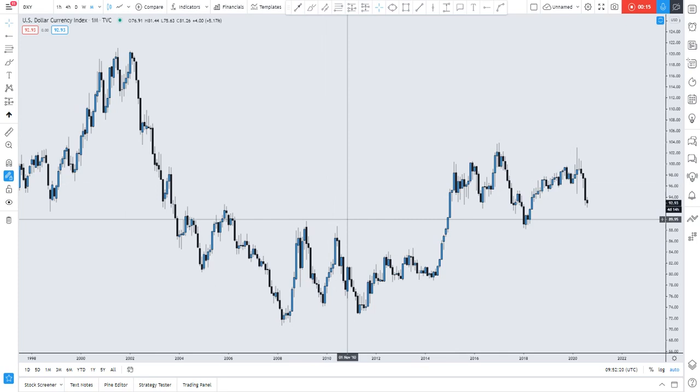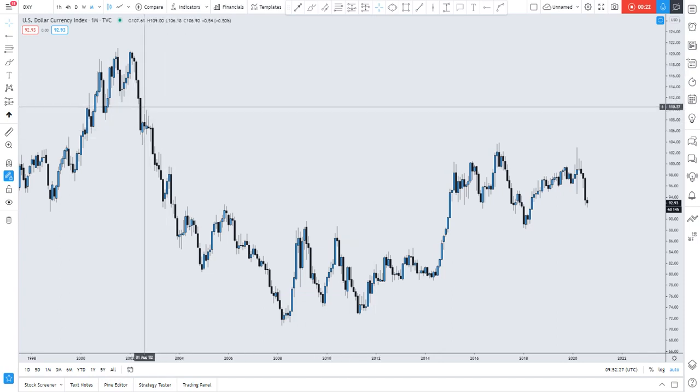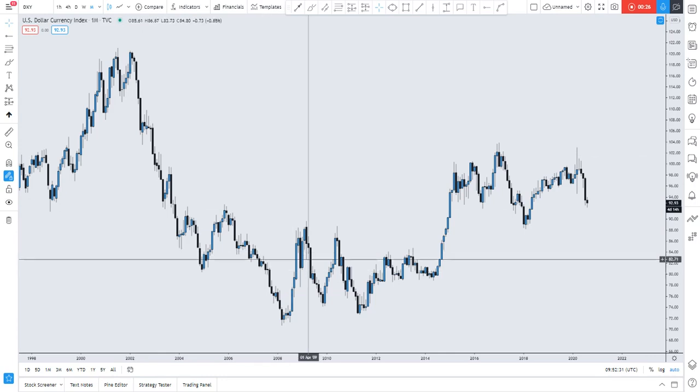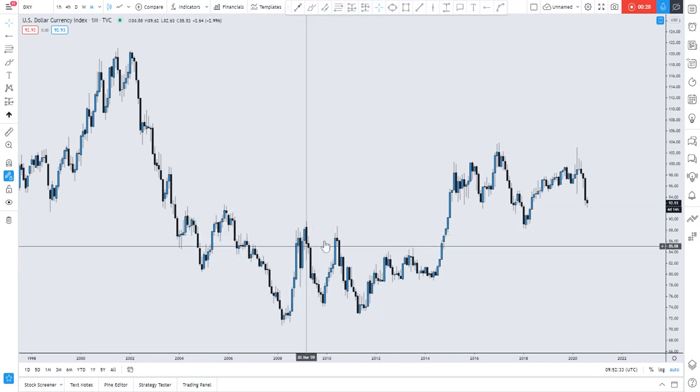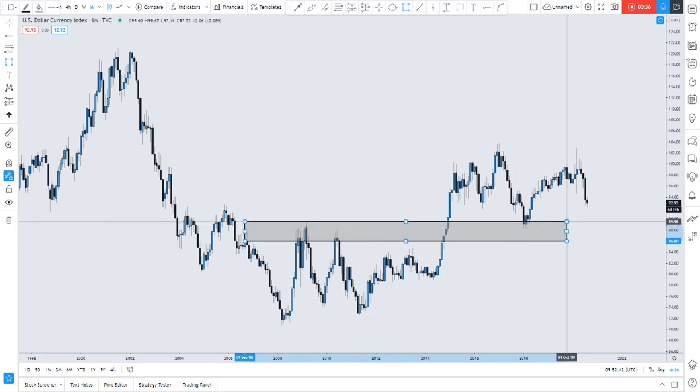So the dollar index, from the bigger perspective, looking left to get right, you can actually see that previously we were on a major downtrend, and this was the most significant area of structure. So, marking this significant area of structure out, from this level,